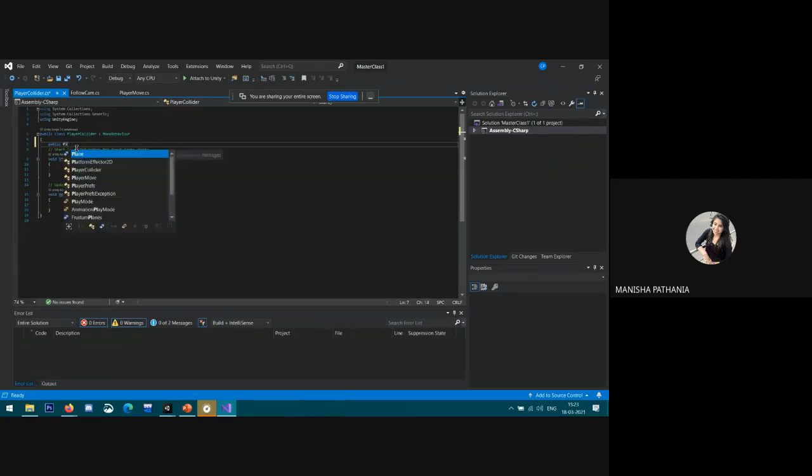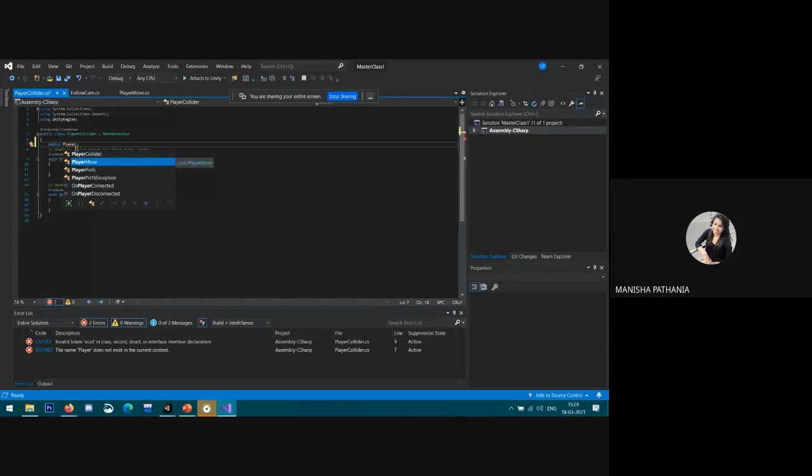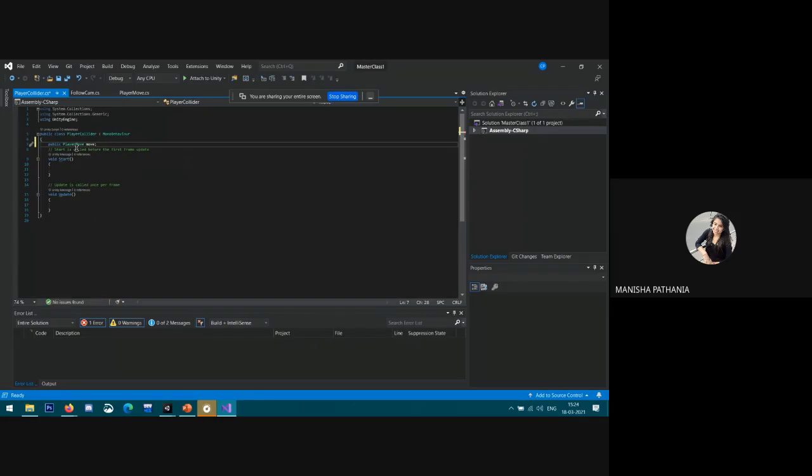I am writing the name of the other script, that is player move. This is the script name, and after that we give it the name movement.